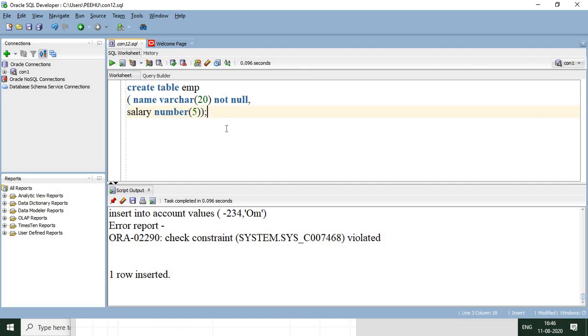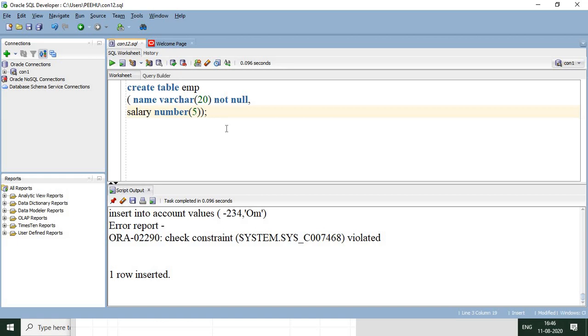And like we mentioned in the implementation of the check constraint, it is possible to apply this constraint by two methods.